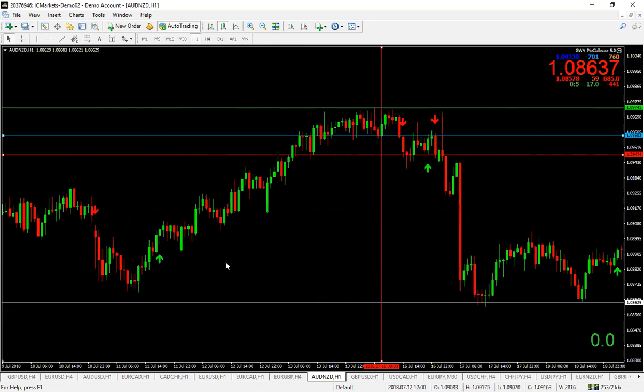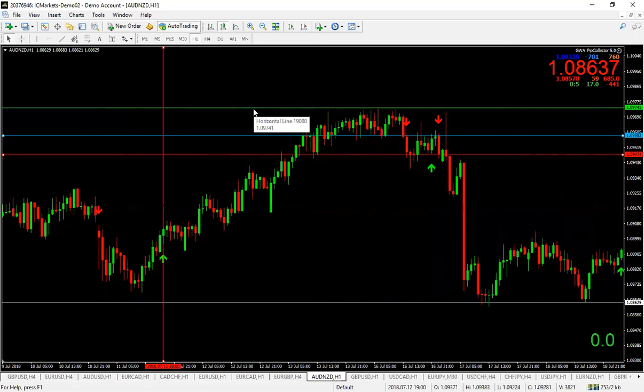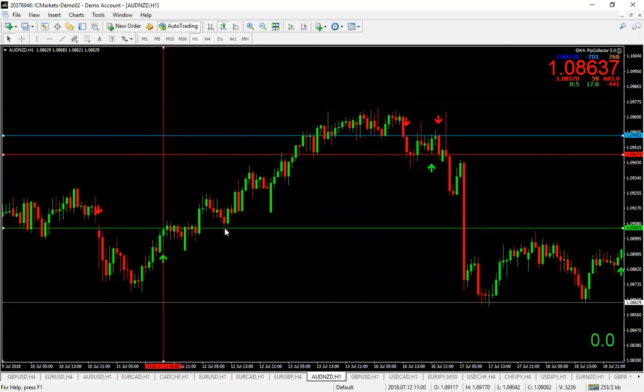Even though I recommend, for those who are just starting out or those who have a small account, that they go with a 15 pip stop loss, the best way to actually do it is to go for a bigger stop loss. That obviously would mean that you would have to take some risk, but at the end of the day, it's all going to work out a lot better. So if this is a call, if, for instance, this was a trigger candle and this is where the trade was entered, let's pick our green line here. So if the trade was entered there,